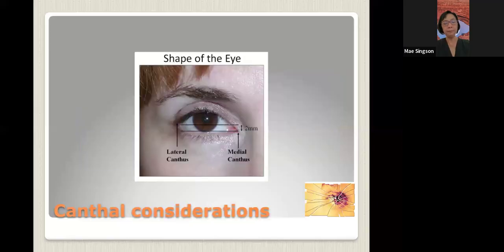Next slide. In doing canthal reconstruction and canthal repair, there are certain considerations that you'd like to know. Always remember this slide because it's quite important. The basic anatomy of your medial and lateral canthus shows you that the lateral canthal tendon is always 2 millimeters higher than your medial canthal tendon. So when you repair your lateral canthal tendon, use your medial canthal tendon as a reference and always insert 2 millimeters higher or more for reestablishing the integrity of that canthus.